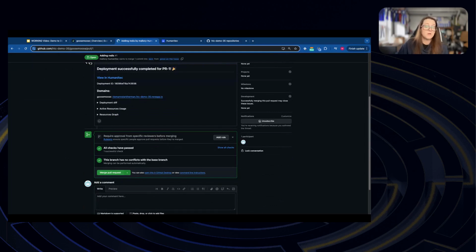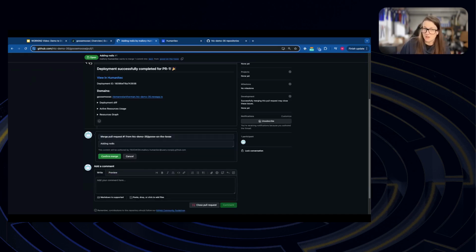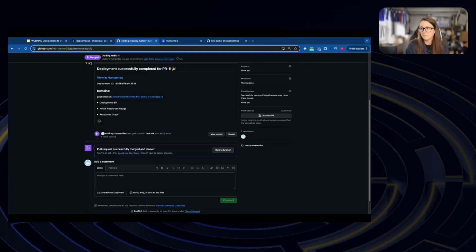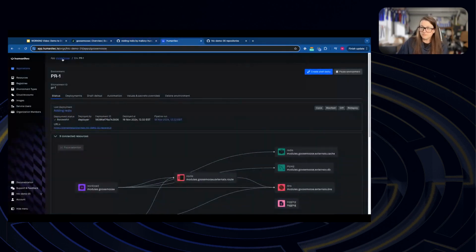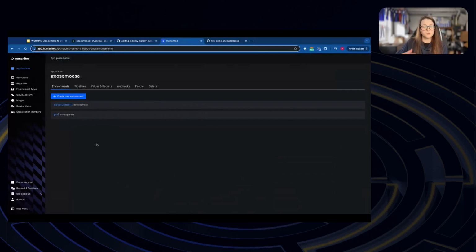What will happen now is that all of the resources I created specific to this ephemeral environment will be deleted, and that ephemeral environment itself will also be deleted. So let's have this happen. So let's hit confirm. And what will happen now is GitHub Actions will trigger this inside of Humanitec. So if we go back to GooseMoose, we're going to give it a few minutes for that PR environment to